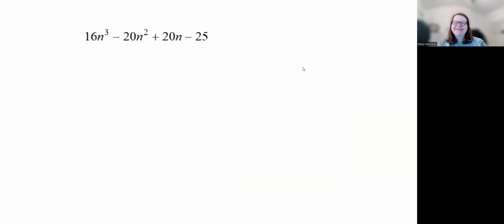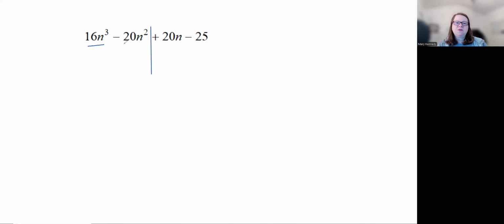So let's get started. Let's do the first thing, which is to look for a greatest common factor for all four terms. So we know 20 and 25, right? Those would divide by 5, but 16 doesn't end with a 5 or a 0, so that's not going to work. 16 divides by 4 and 20 divides by 4, but 25 doesn't. So essentially, we're seeing that none of these are going to have a greatest common factor for all four terms, right? So we're just going to draw a line in the middle and start factoring by grouping,